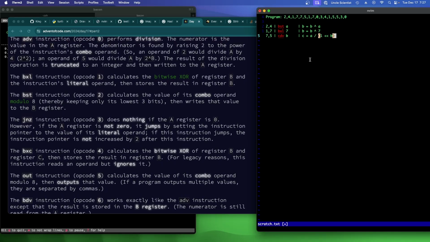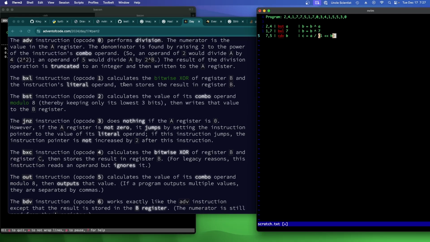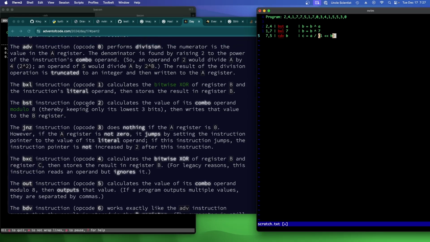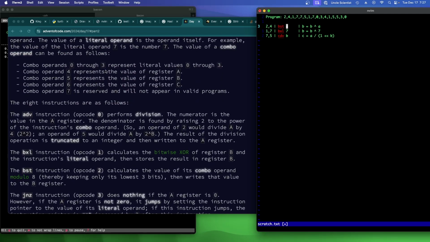Yeah, got it. I confused 2.4 with opcode 1. Oops. Oh, yeah, BST calculates the value of the combo operand mod 8. Ah, thank you. Wait, yeah, 2A. Oh. Got it. So this is A mod 8. Understood. Okay, and then we have 1.7, 1.7 again,